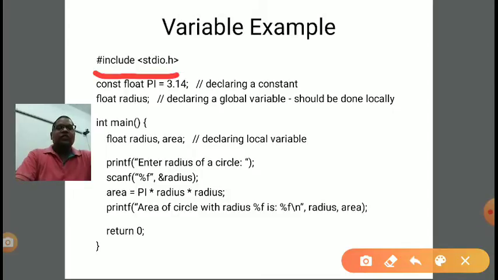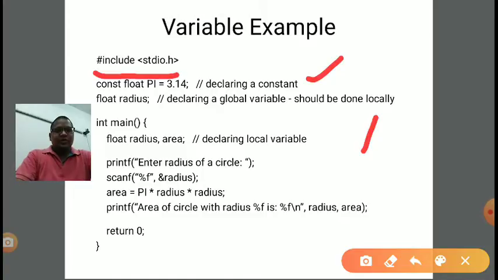The meaning of this line is that stdio.h is a standard header file which contains some inbuilt functions related to standard input and standard output. In order to use those inbuilt functions in our program, we need to include this particular header file in our program.